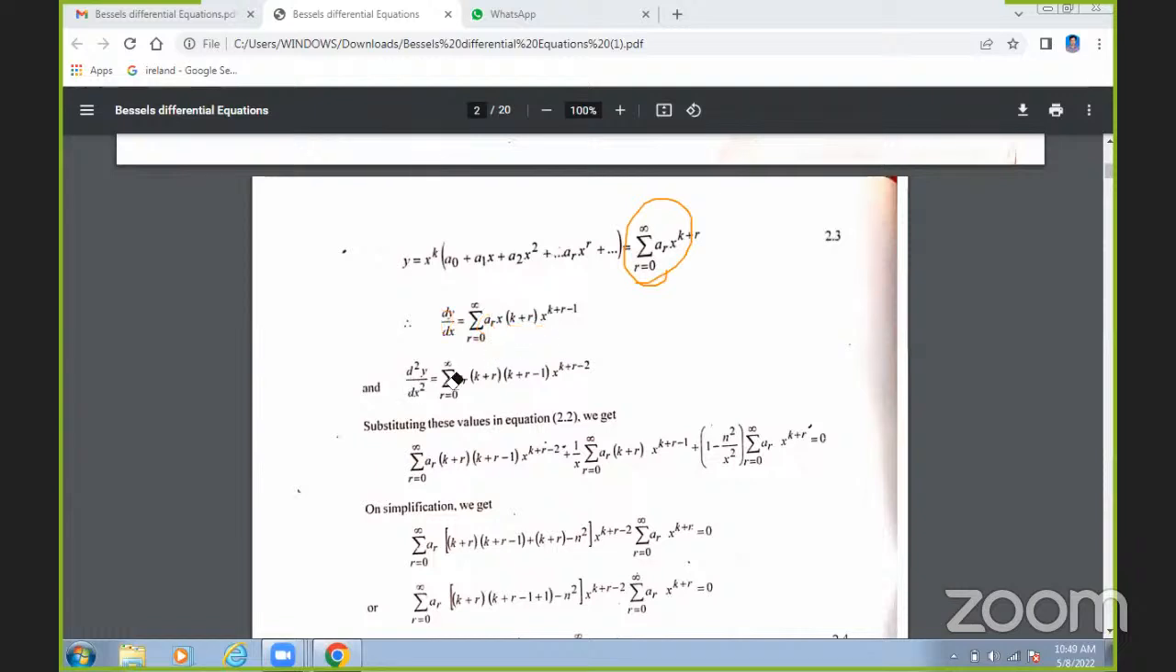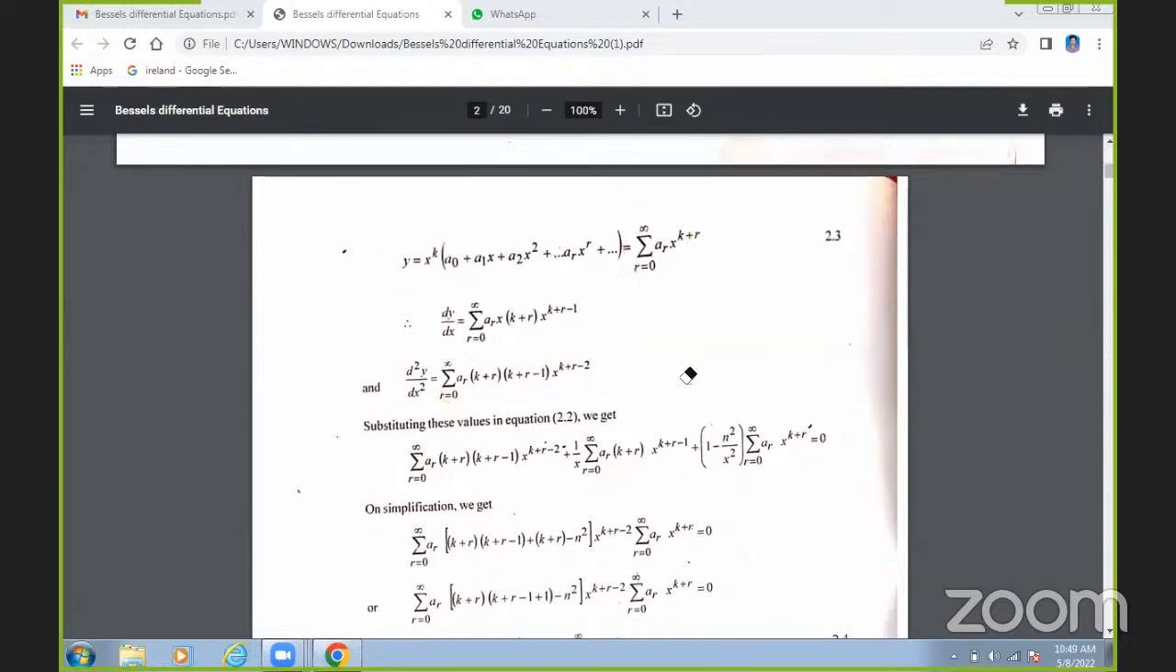Next, we have to get d square y by dx square also. So if you differentiate this above equation once again, we are going to get the value of d square y by dx square here. So once after getting dy by dx as well as d square y by dx square,